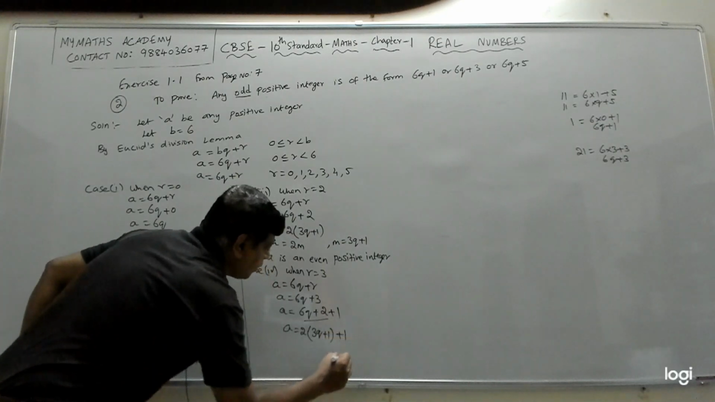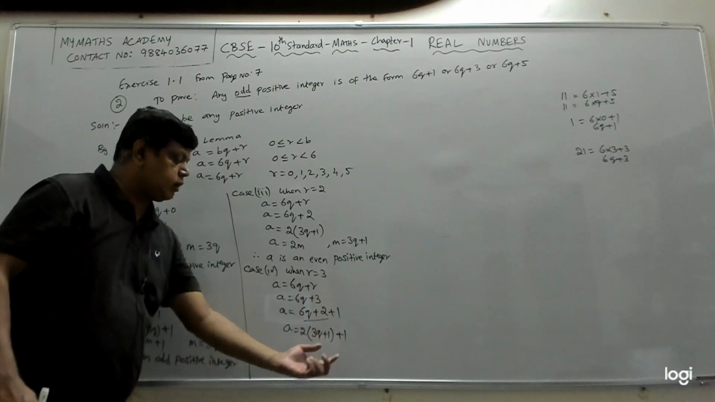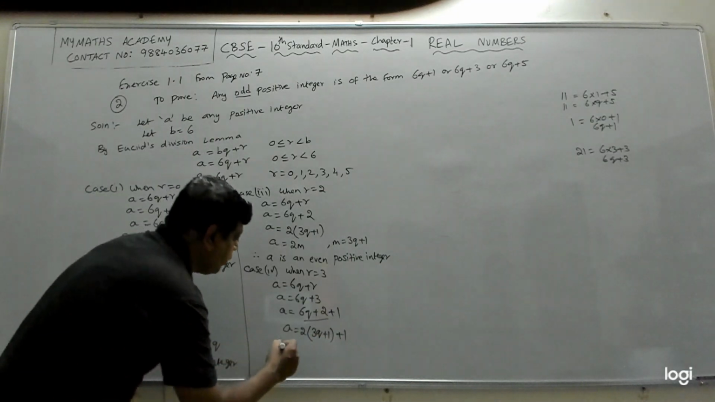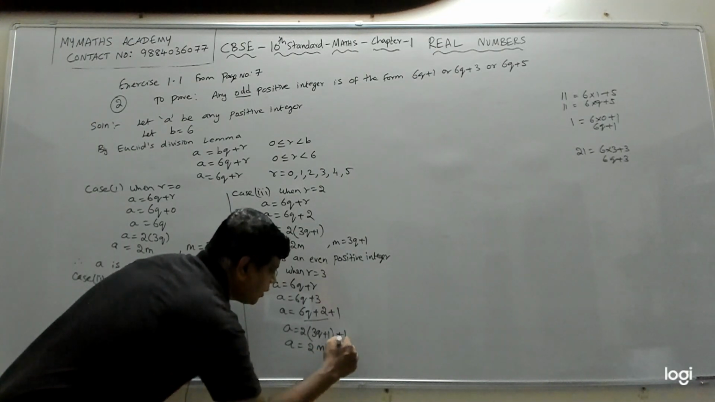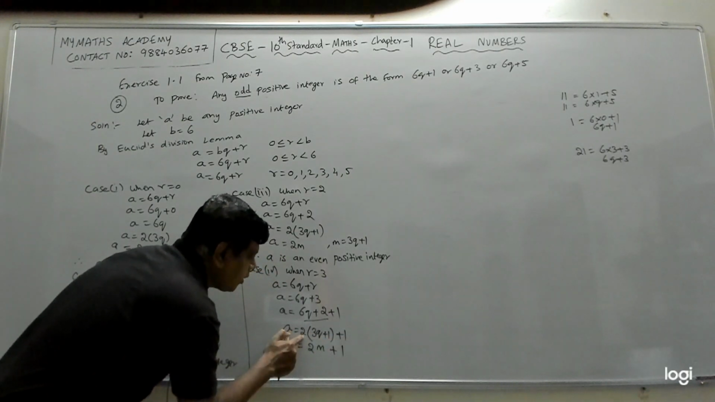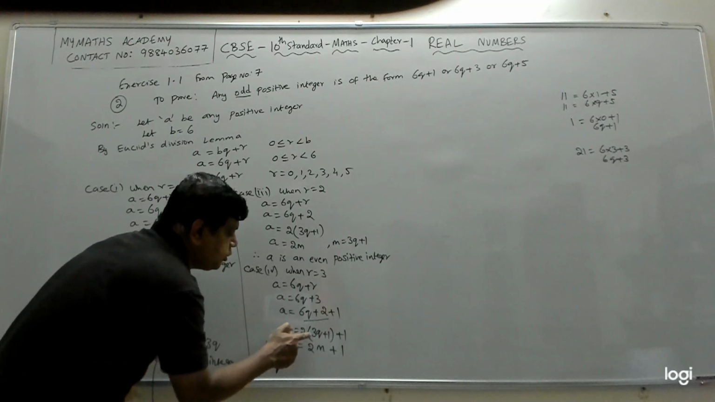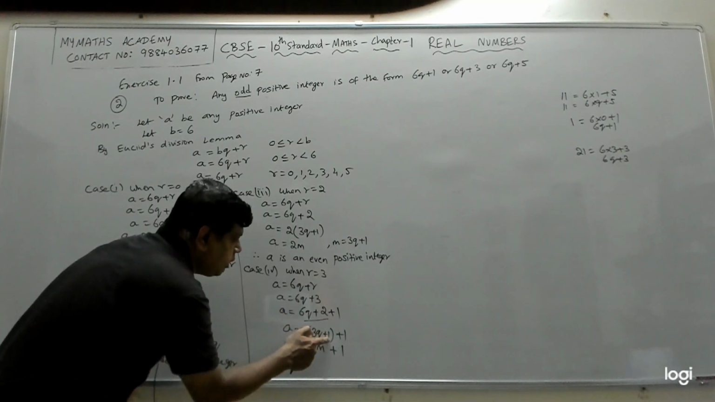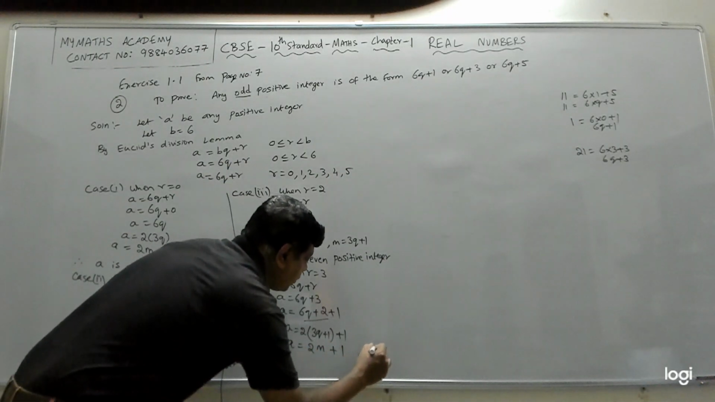This is plus 1, right? A becomes 3q plus 1 plus 1. Now A becomes 2 into, instead of 3q plus 1 I will put m, then this is plus 1. This plus 1 is not part of the 2, but this plus 1 is with the 2, because 2 into 3q you will get 6q, 2 into 1 you will get 2, so 2m plus 1, where m equals 3q